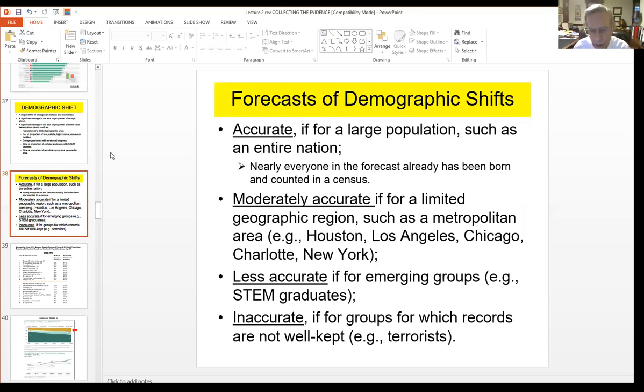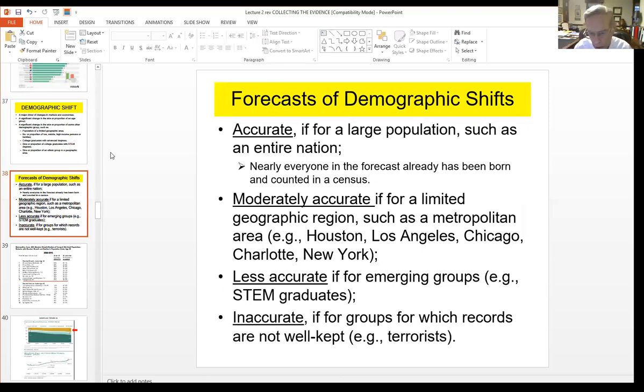And so because of migration, immigration and emigration, as well as the emergence of new industries, it is very possible that errors will come into our population forecast. We still can be pretty accurate in those forecasts, but just not as accurate as when we're forecasting for a whole nation. The result is that we might say that our forecasts are moderately accurate. If we get an A for forecasting entire nations, maybe we get a B for forecasting more limited geographic regions